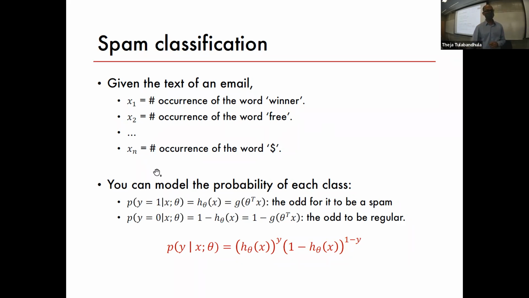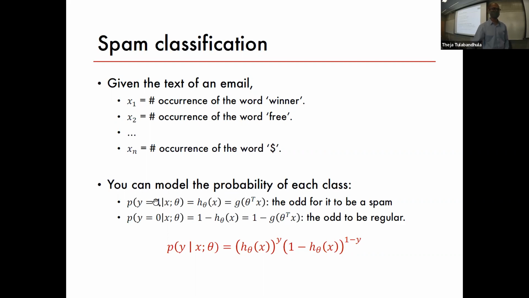Given that, we are going to explicitly model h theta of x equal to g of theta transpose x. So the h theta specification is no more linear, because there's a g in front of the linear transformation here. We're going to define h theta of x like this. And because h theta of x is a number between 0 and 1, we're going to equate it to the probability of y equal to 1 given x, the feature vector, and the parameter.